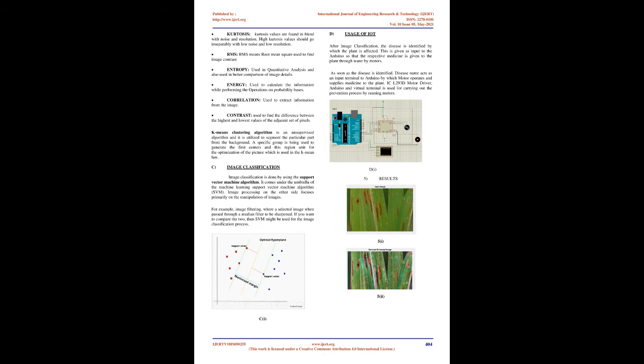A. Image processing. Conversion of RGB to grayscale happens and noises are removed by using a median filter. The grayscale image consists of monochromatic shades of black to white. Many image editing programs enable you to convert a color image to black and white or grayscale. By converting the original image into a grayscale image, all color information is removed, leaving only the luminance of